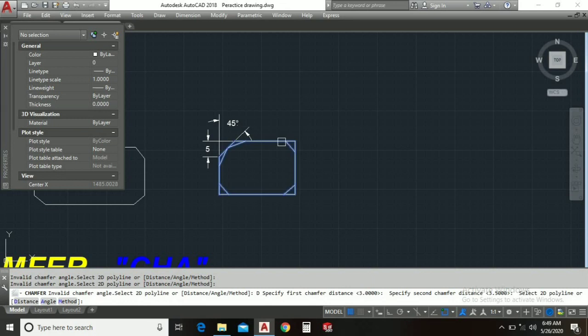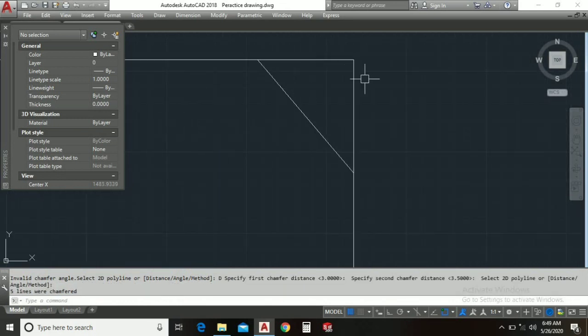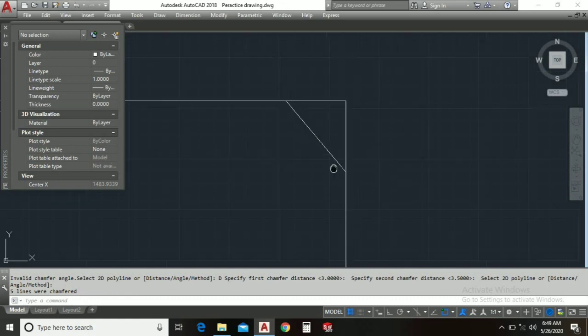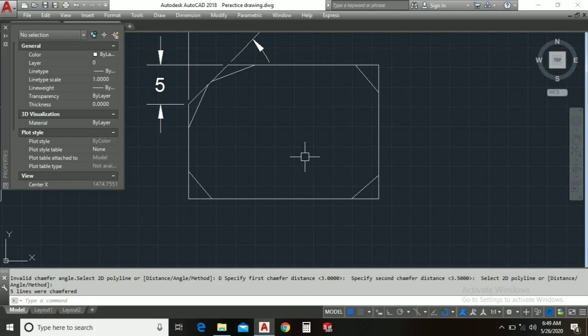I just select all the lines here, but we can see the remaining part is not trimmed. This line is added, but the remaining part is not trimmed. So this is the concept of the trim option. If we select no trim, our remaining part will not be trimmed. It is the same as in the split command.